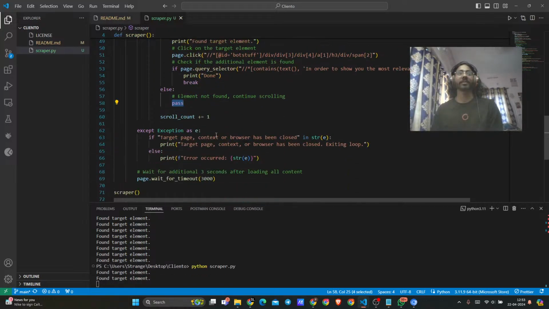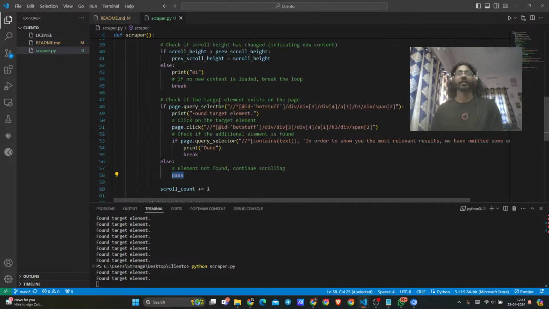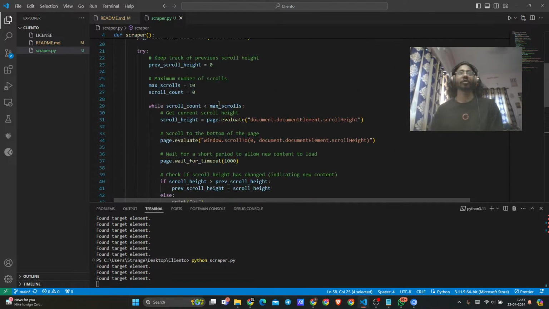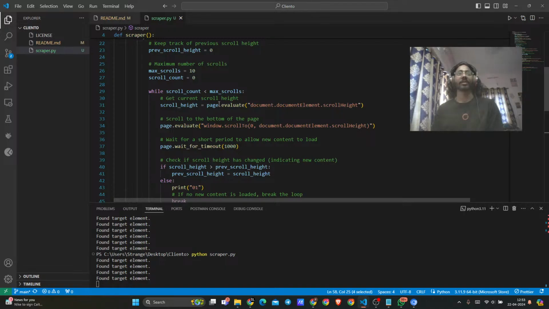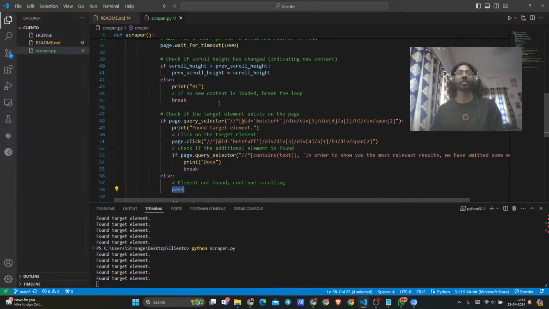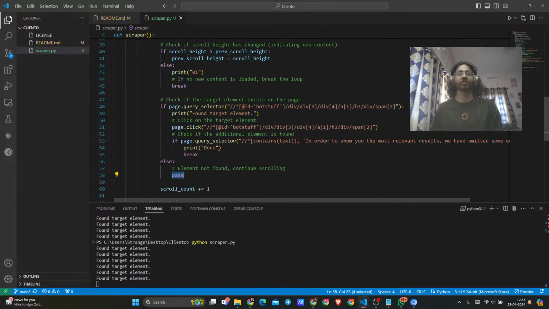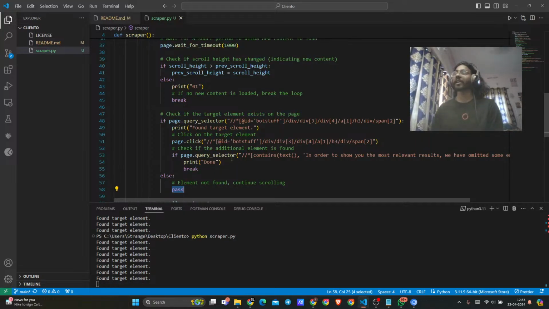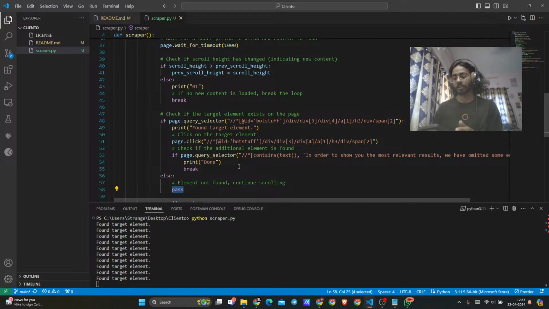And then it will scroll again and scroll again, and when the try condition fails, or you can say when it is not able to scroll or find the query that we are trying to select, it will break out. So basically wherever it breaks, there is a part where we will be adding a check for the page end, and after that page end checking, we will be going to the further section of what we are getting to use of the